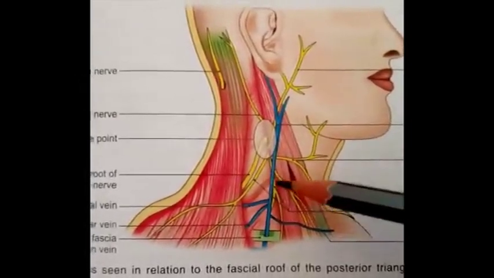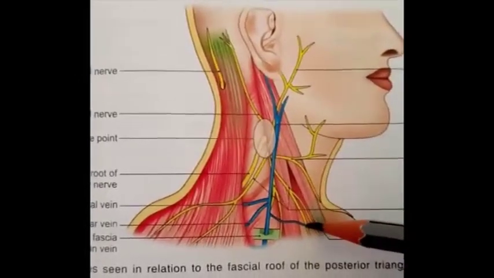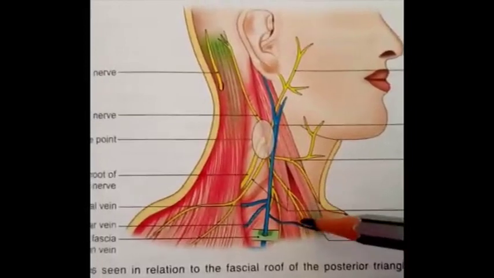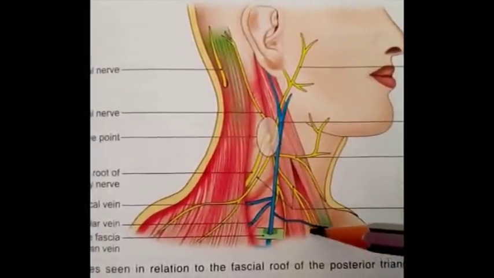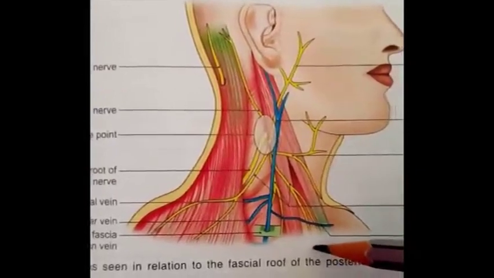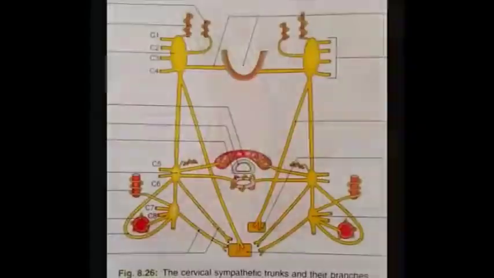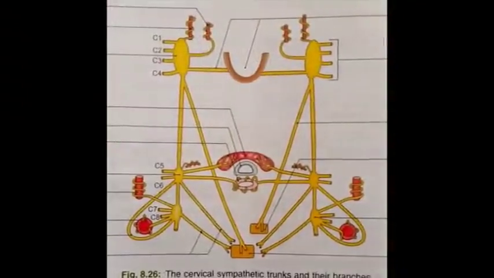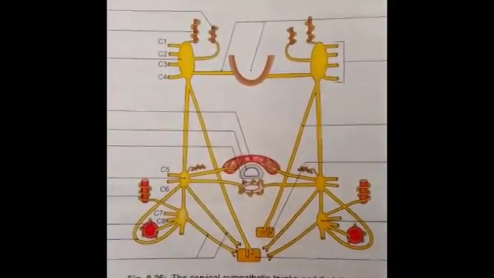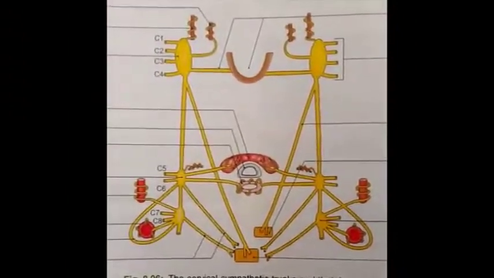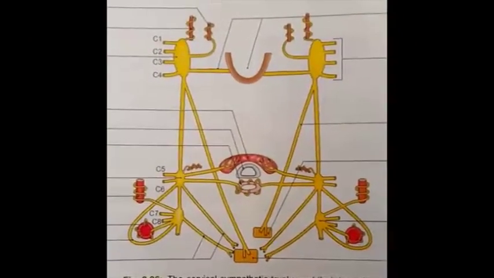Supraclavicular nerves reach the area of the clavicle and supply the skin over the clavicle and also about 2 cm below the clavicle bone. Next are the deep branches. In the deep branches, first of all, communicating branches, which means branches that communicate or join with the other nerves. So first of all,